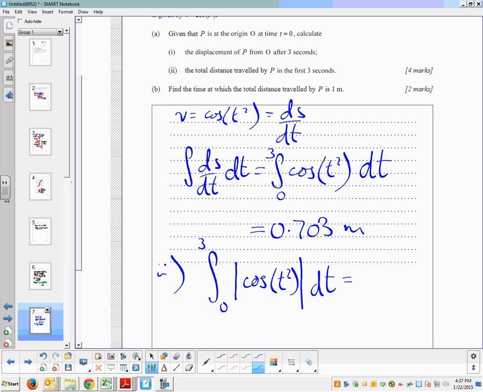Because any negative distances will get turned into positive ones. So when we evaluate the area, those will no longer get subtracted. And again, it's just a case of sticking it in your calculator, and this time pulling out the answer, 2.05 meters. This answer has to be bigger than this one,